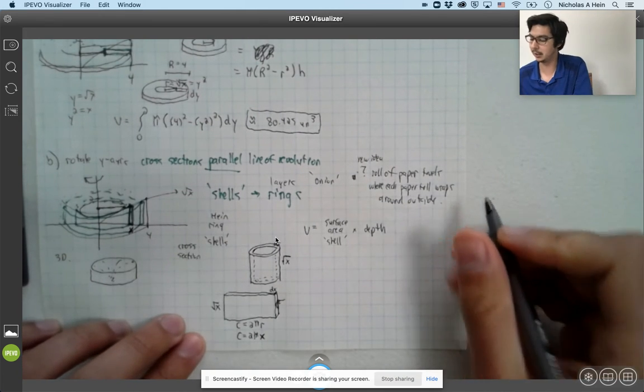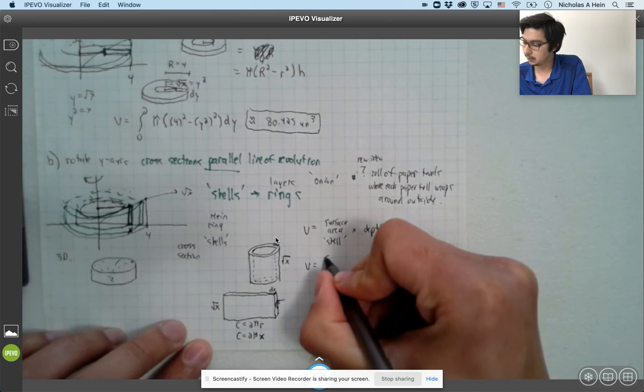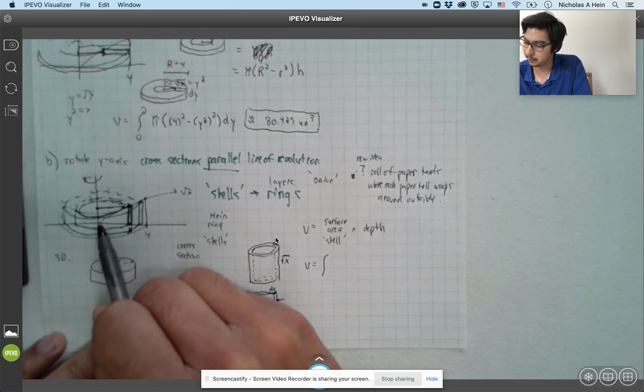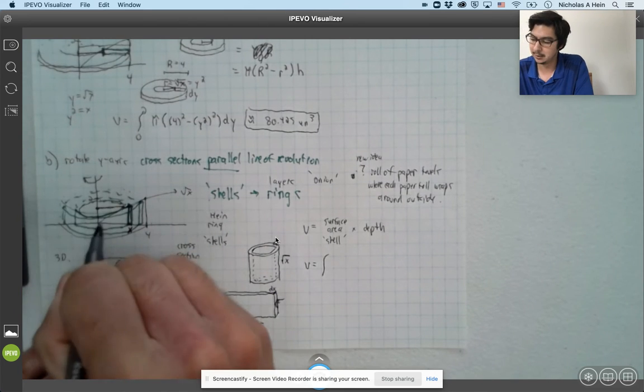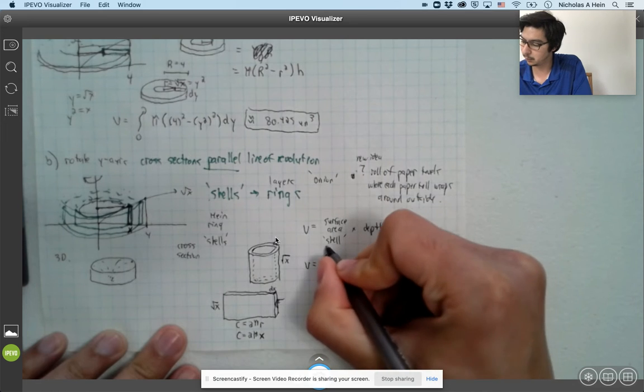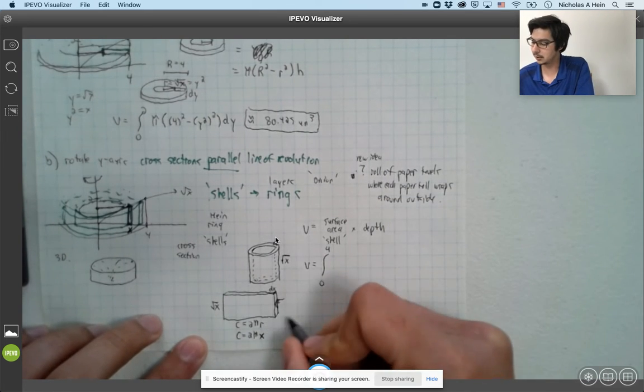So we put that all together, the volume is going to be the integral. Now we're going from 0 up to 2, or no, 0 to 4, because we're cutting parallel this way. So it's going from 0 to 4. Now we want the volume of all these. So let's see here. So the surface area,